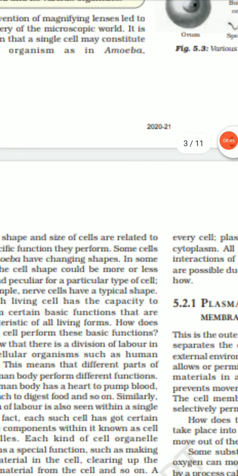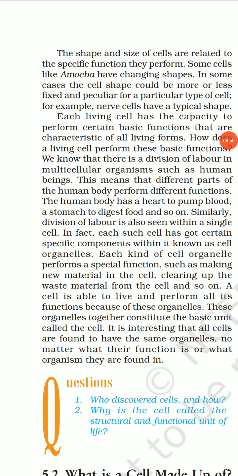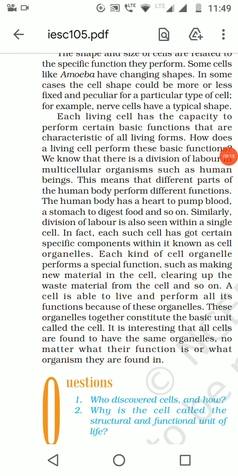Okay, fine. Now, there are various shapes of a cell. So we have a human body. It has a heart which will pump blood. We have a stomach which will digest. So there are different organs that will function. So each and every cell has a different function, and there is a division of labor happening in a multicellular organism. So in the whole organism we have distinct functions, and that is why there are distinct cells.